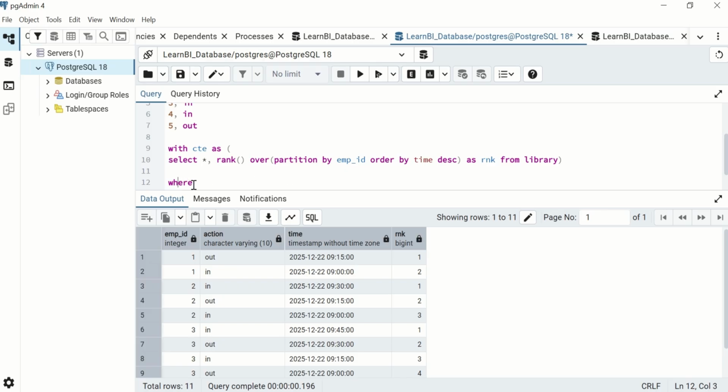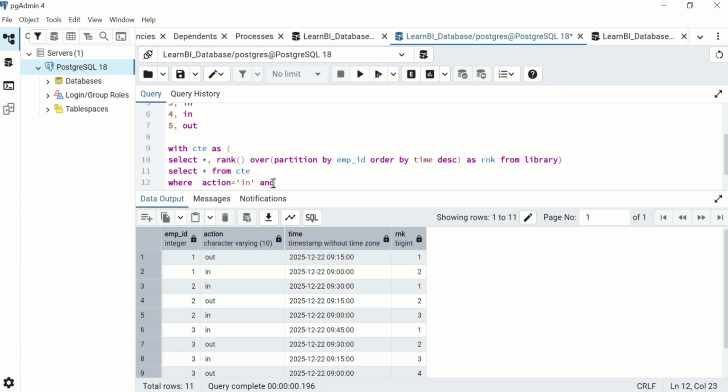No, we write this select query: select star from CTE where action is equal to in,